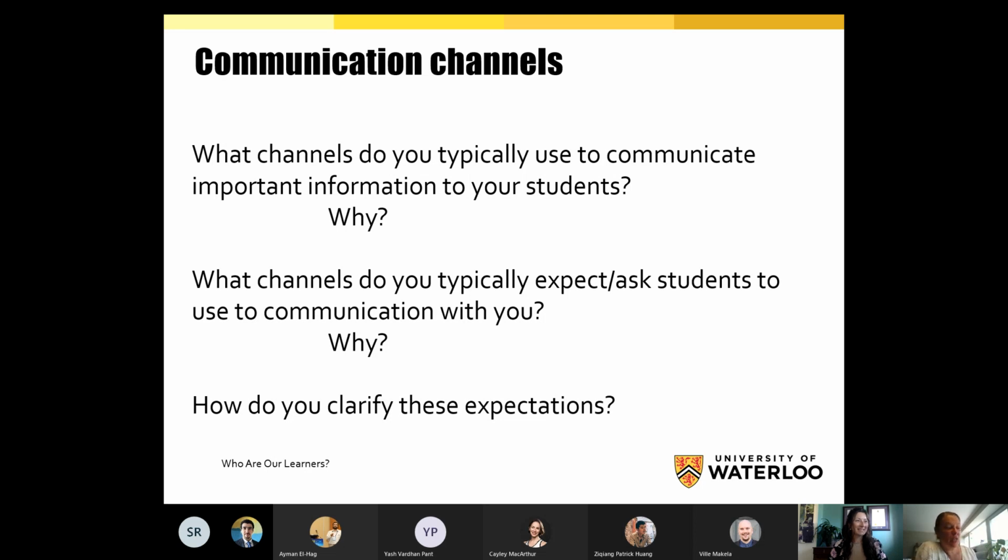So just in the interests of time, please keep typing. Don't be bashful. Keep adding to the Padlet. But I am going to turn to the Padlet and look at some of the things that you folks have offered. I'm super happy to see that under the how do you clarify expectations, there's the mention of the course